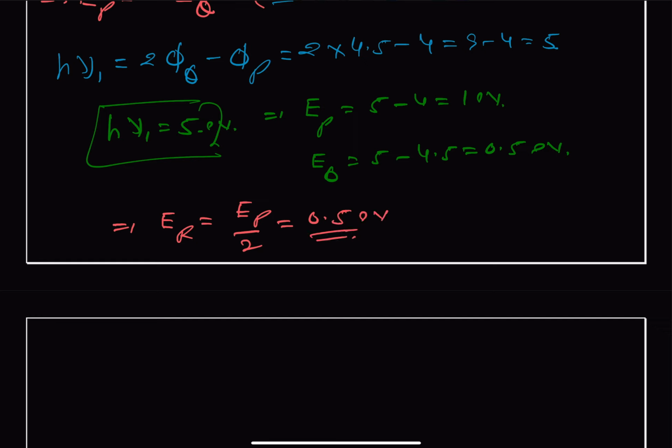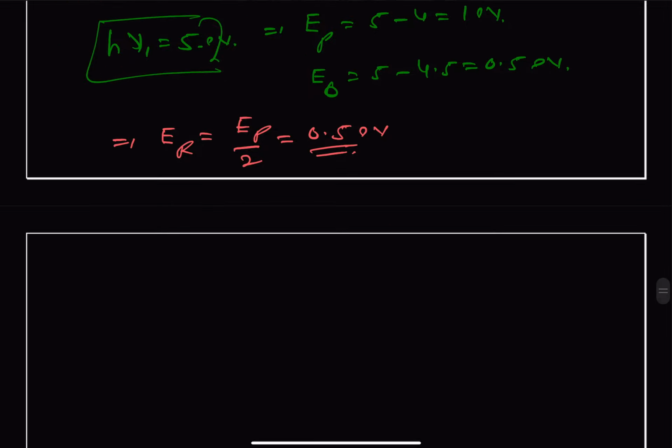And we can use the photoelectric equation for R now. So for R, our maximum kinetic energy is equal to h nu2 minus the work function for R,